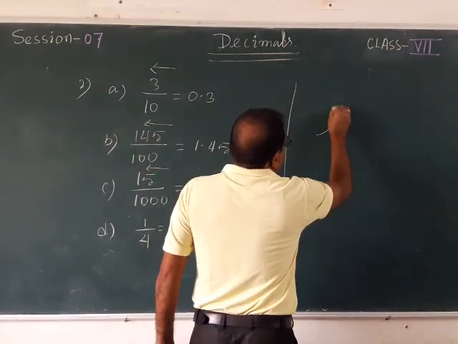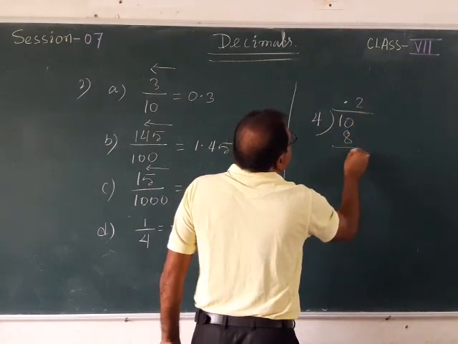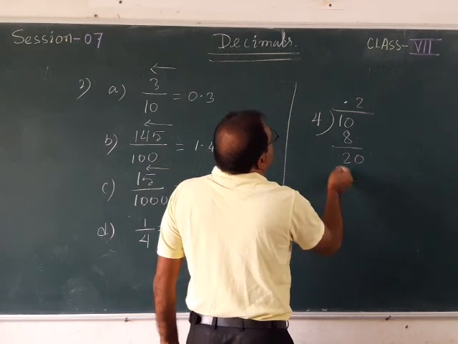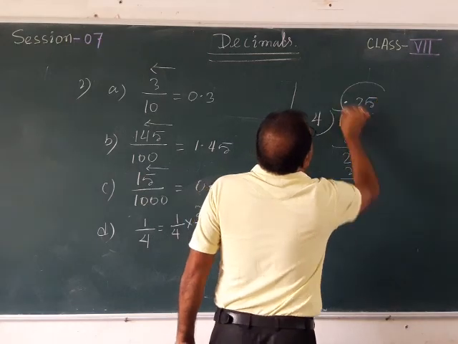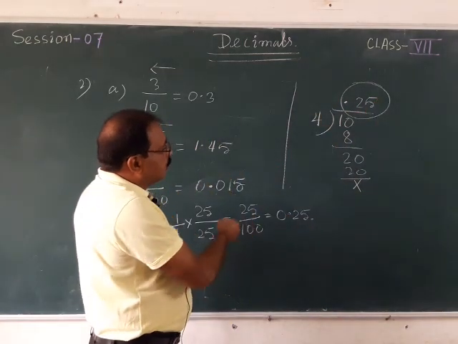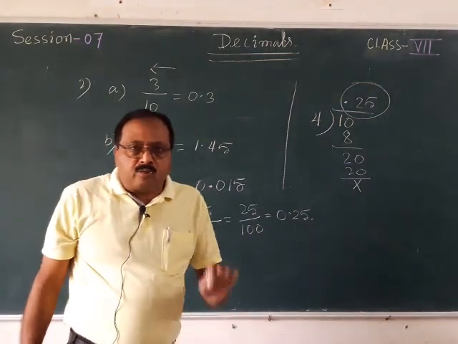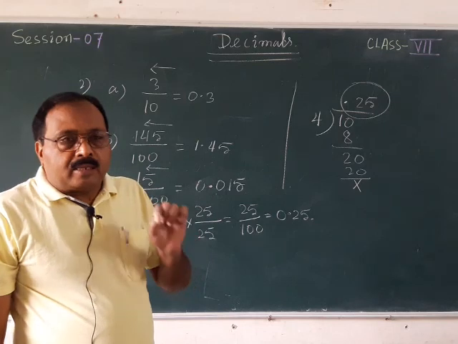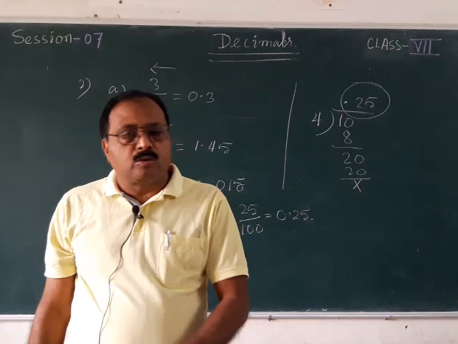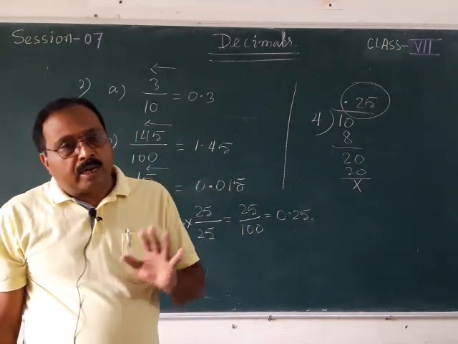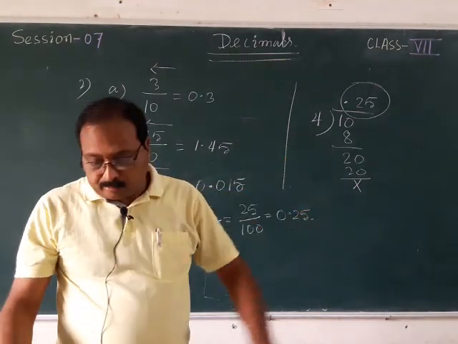This 1 can be divided by 4; you will put here a point, then 0, then 4 2 ja 8, then you are having 2, again you can take 0, so 4 5 ja 20. Like that also you can find your answer, that the answer is coming 0.25. So there are two ways. One way is to convert the denominator in such a way that you are getting 1 upon single 0, or 1 upon double 0, or 1 upon triple 0, and if it is not possible, then directly you can divide and write your answer.